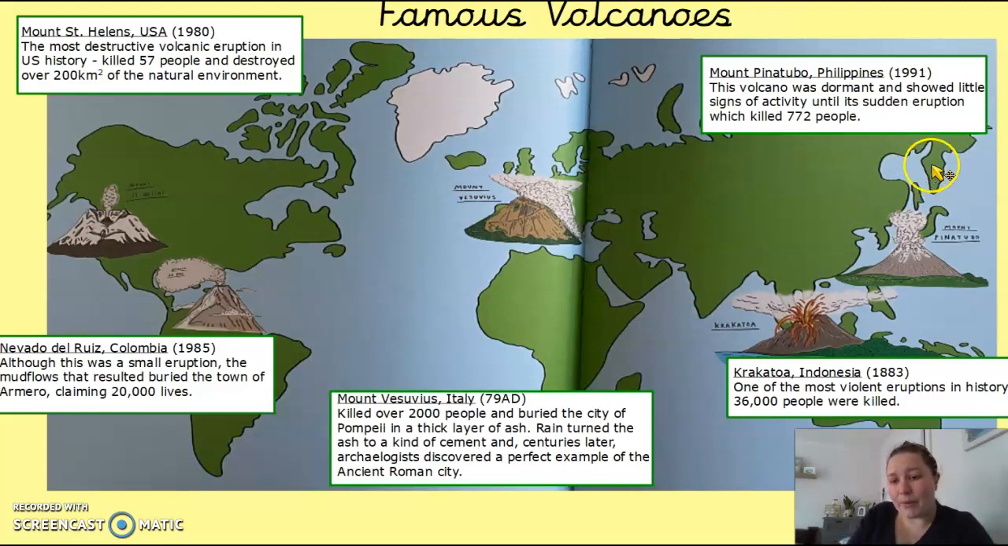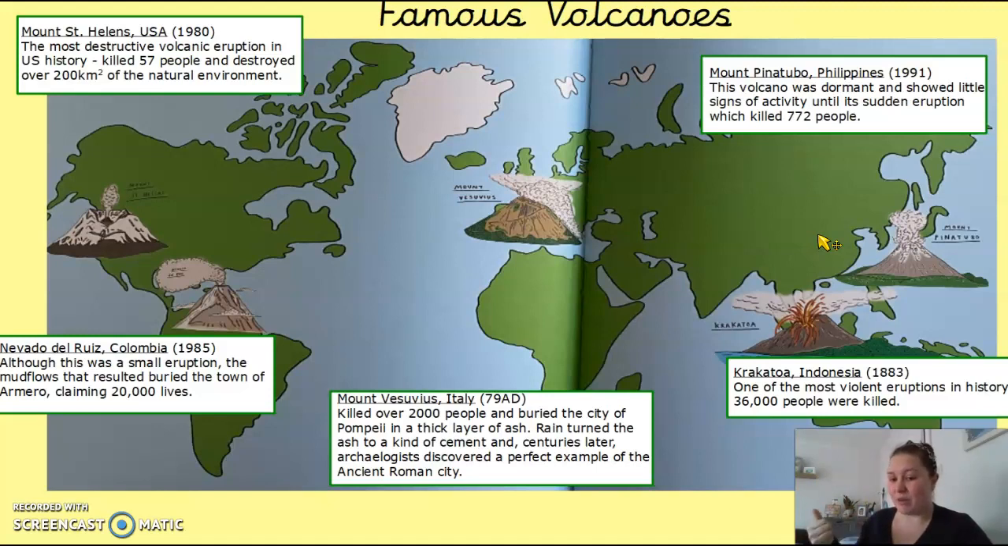Next, let's go up to this one here. This is Mount Pinatubo. It is in the Philippines. And this is the most recent one of the ones I've got here, 1991. And nobody had expected this volcano to erupt, okay? It was dormant. And if you remember the 3 kind of classifications of volcanoes that Miss White talked you through,